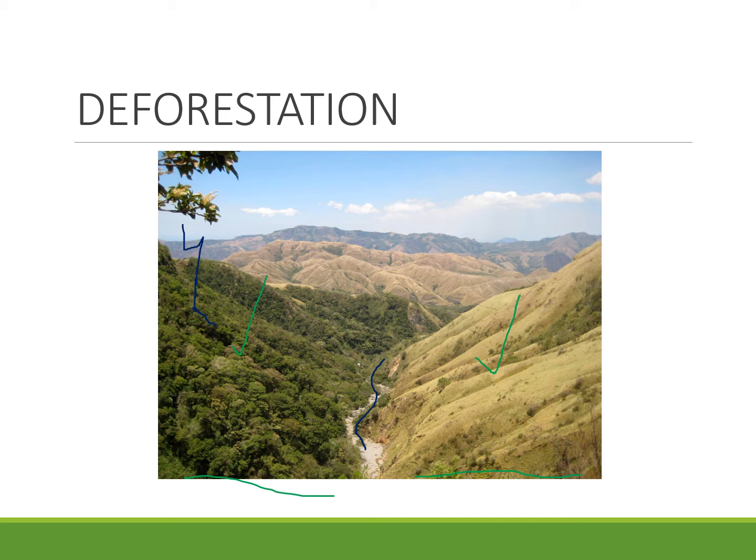Well, if you remove the trees over here on the right, there's absolutely nothing to slow down that rainwater. So now that rainwater just goes much faster, moves more quickly, less of it is absorbed into the soil, and it runs off into the river. So when you deforest or clear cut an area, you can end up with flash flooding. You can end up with more soil erosion because on the right, there are no trees to hold the soil in place. So the water just picks up the soil and would carry it into this river.